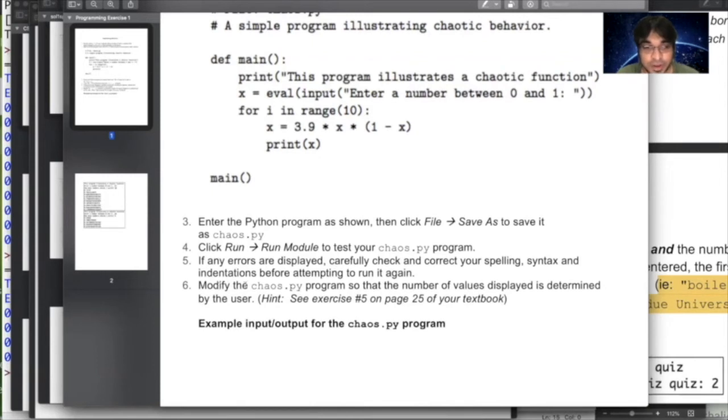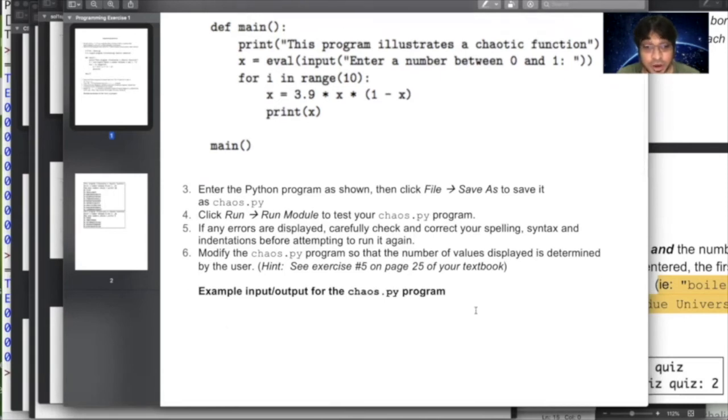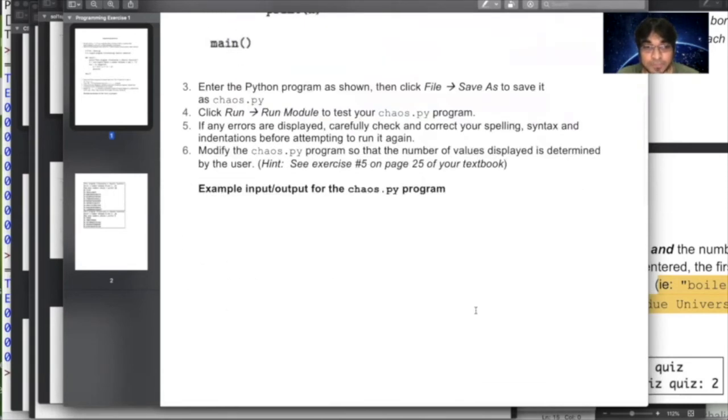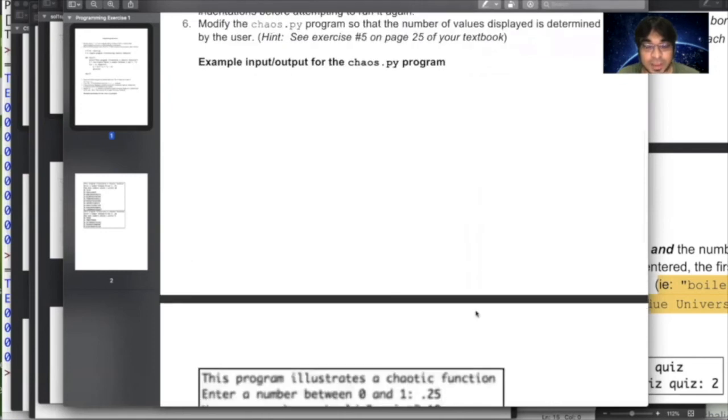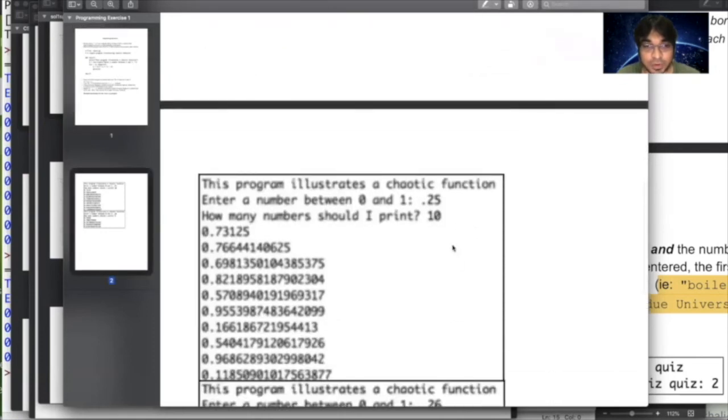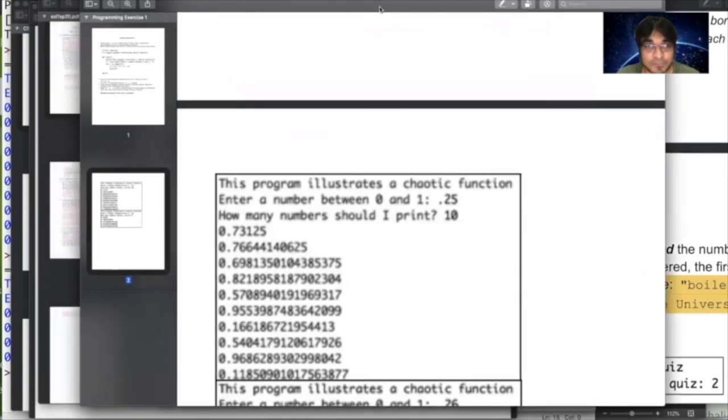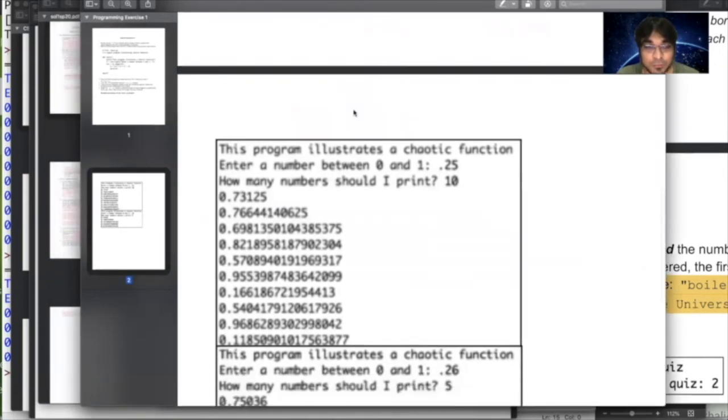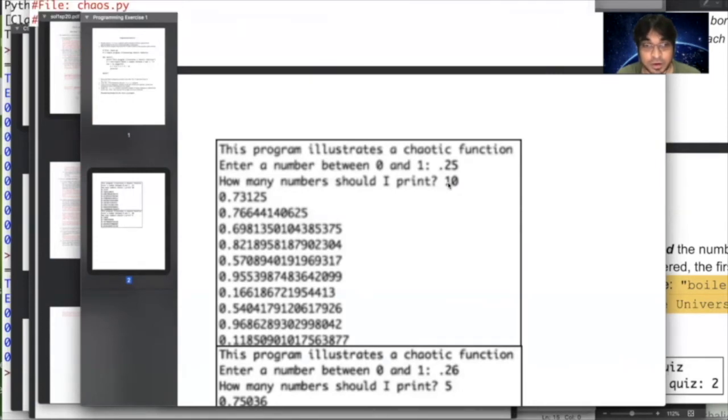It says modify the chaos.py program so that the number of values displayed is determined by the user. There's a sample output given here. If we compare this to the one in the back that we just ran, we see that there's one extra line. This is, how many numbers should I print? So this number should be given by the user.